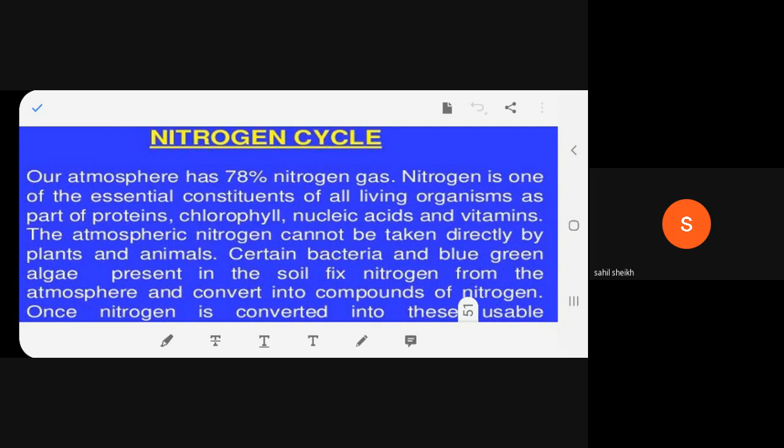I think we have done this. No, I have to continue because I have to teach you the nitrogen cycle diagrammatically. So if you don't understand this, then you won't understand the cycle. So that's why I'm redoing it. Next. Nitrogen is one of the essential constituents of all living organisms as part of proteins, chlorophyll,